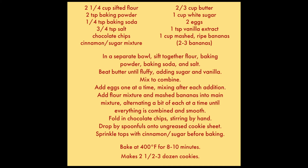If you can't sift it, just putting it in a bowl and stirring it with a whisk is usually sufficient to make it fluffy so you don't have clumps in your flour. 2 teaspoons of baking powder, 1/4 teaspoon baking soda, 3/4 teaspoon salt,